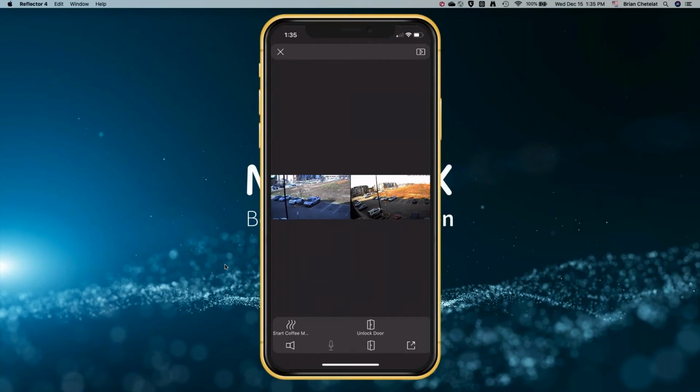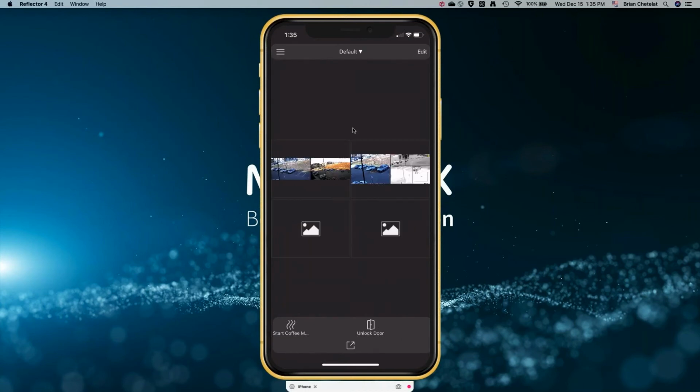Again, I'm in this camera, so if either one of those are associated with that camera, my start coffee maker or the unlock door, I just tap those and the associated actions would happen at that point. So again, I'm in this camera here. I got to it from the grid. There's my little X to get back to the grid. Okay, so if I tap that X, there I'm back at my grid.